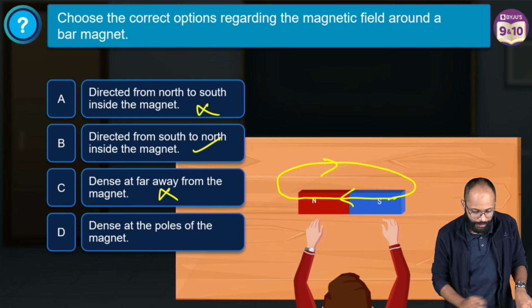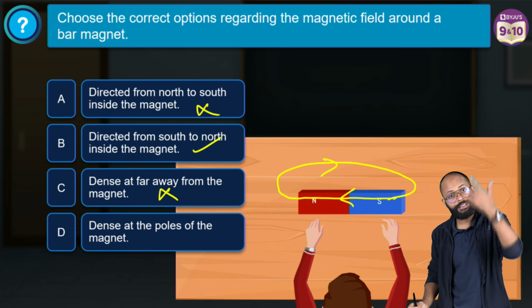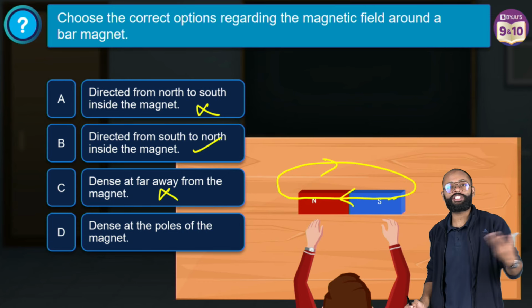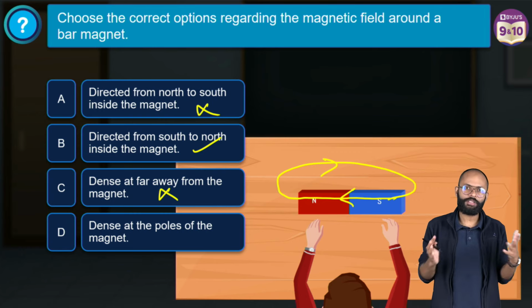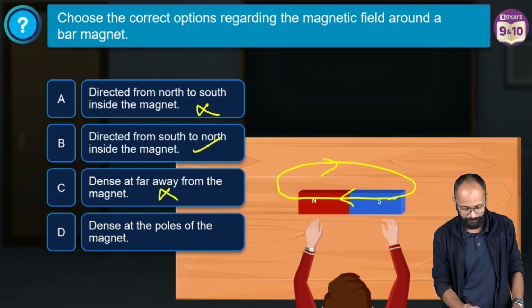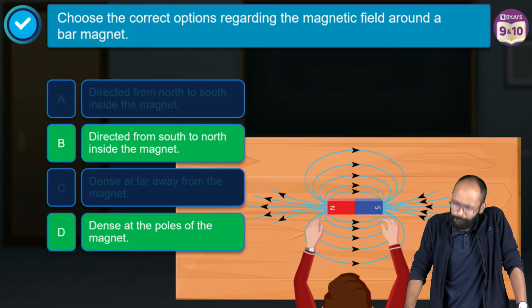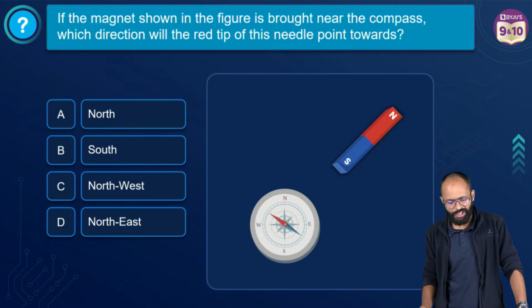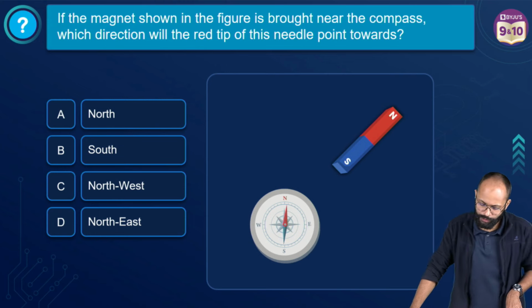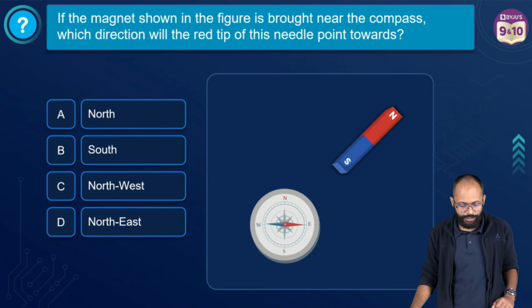So this is wrong. Dense at the poles of the magnet, that's true. The pole is the point of highest magnetic field strength, right? So this is where the magnetic field lines are dense. That's true. So option B and option D are the right answer. Easy, clear? Okay. If the magnet shown in the figure is brought near the compass, which direction will the red